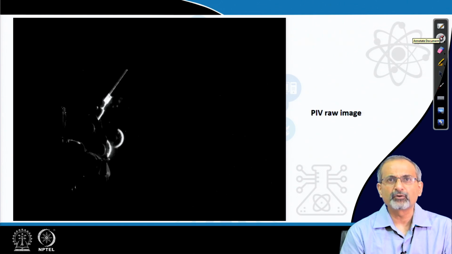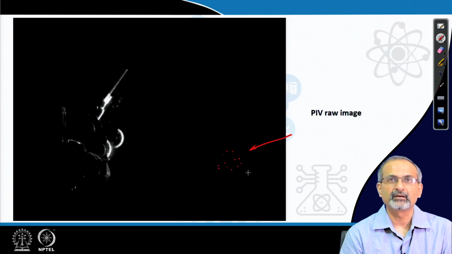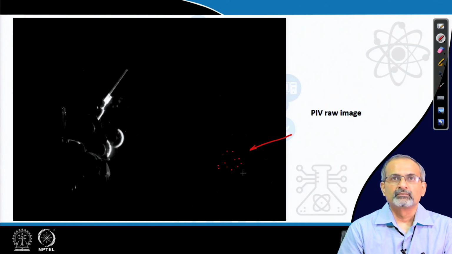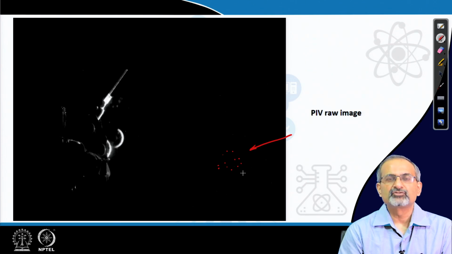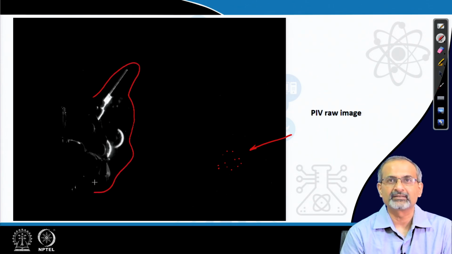It may be difficult for you to understand over here because the image by and large looks very dark, but if you were to get a closer view, there are small particle specks which are actually around, because this liquid is now having the tracer particles which are illuminated with the laser sheet, and the illumination can be kind of made out because the laser sheet is also illuminating part of the mechanism.